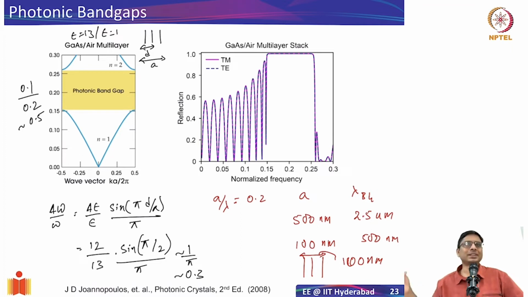So, it can work. But if you actually think about it and understand deeply the material properties, gallium arsenide has an electronic band gap at 870 nanometers. Any wavelength below 870 nanometers is going to be absorbed by gallium arsenide. So even if you try to use gallium arsenide and get a photonic band gap at, let's say, 500 nanometers, it's not going to work, because it will get absorbed electronically, right? It will not reflect, but it will get absorbed.